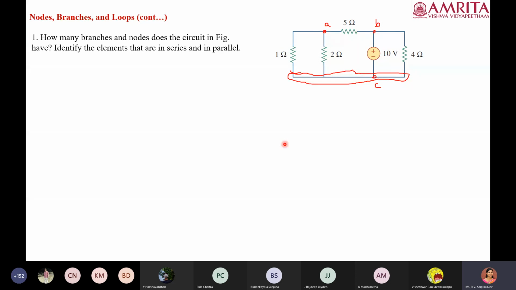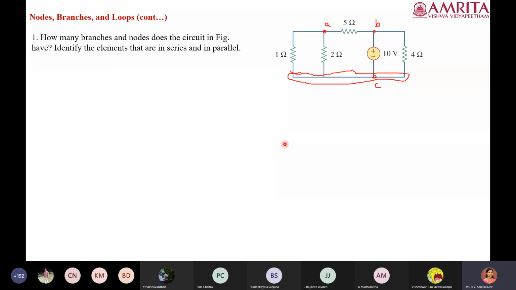Okay, and we have also defined series elements and parallel elements. For two elements to be in series, they should have a node which is exclusively shared by those two branches, and it should not be part of any other branch. In such a case, we can say that the elements are in series, and two or more elements are in parallel when they have both nodes in common. Okay, so that's the fundamental definition for nodes and branches.